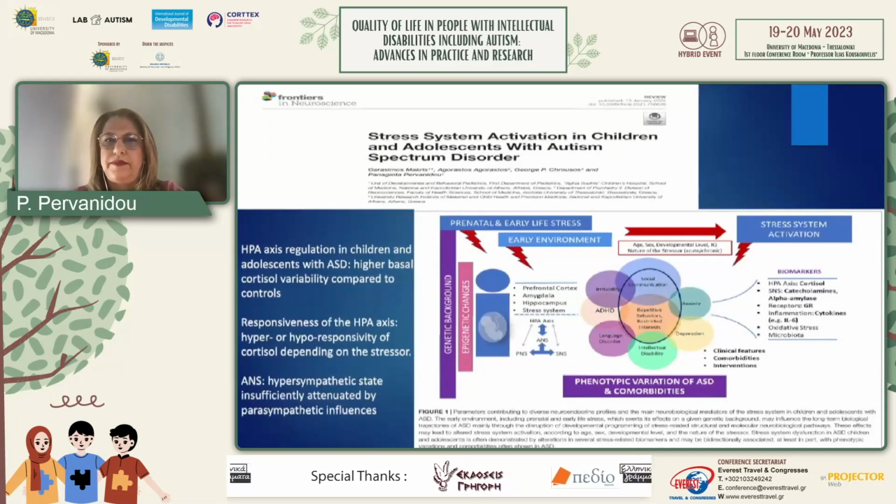This is a whole issue that we have published, and we and others have published several studies on stress and neurodevelopment. And now I will present some data of the second topic, which is the stress system activation in children with neurodevelopmental conditions. In general, the stress system is activated during stress. For example, in individuals with anxiety or depression, the stress system has been shown to be elevated, as assessed by increased stress-related biomarkers. In autism and ADHD, we have diverse data. For example, most studies in children and adolescents with ASD show higher biomarkers, higher cortisol, and higher responsiveness of the HPA axis, and higher